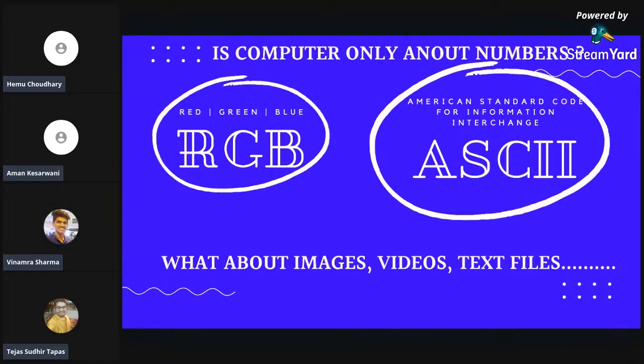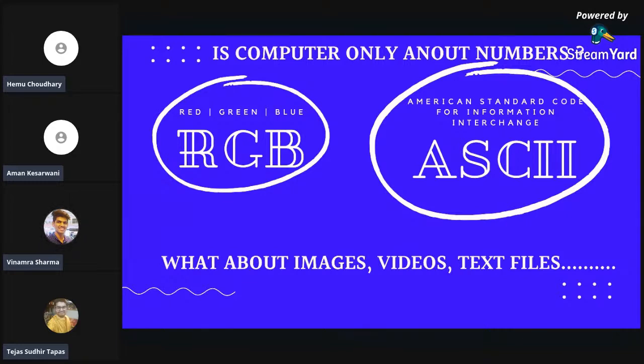Similarly for colors, like we all can see colors on our screen, there is RGB, that's red, green, and blue. These are the three basic colors, and with the proper mixture of them, any color can be generated. So RGB is settled, the hex code is settled, and various codes are settled. Some people who were really good at that particular field came together and decided a particular number or assignment for a particular thing, and this is what happened.